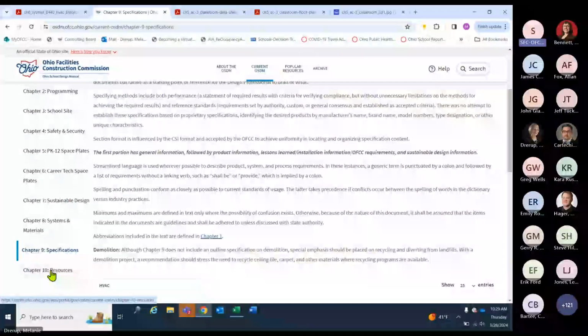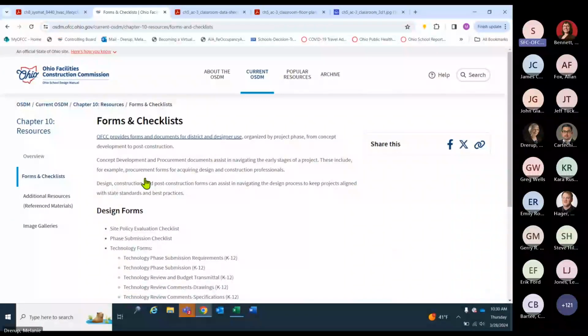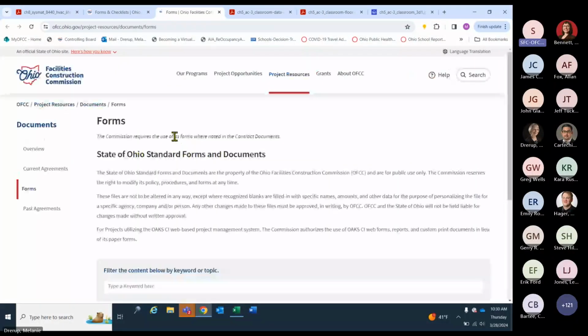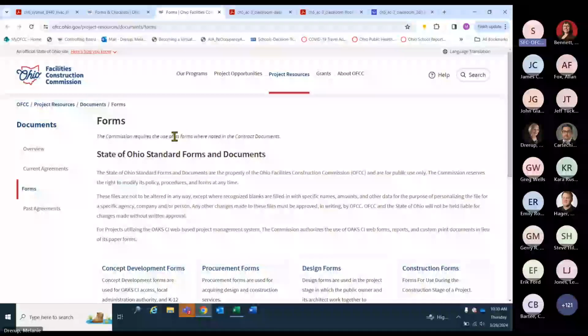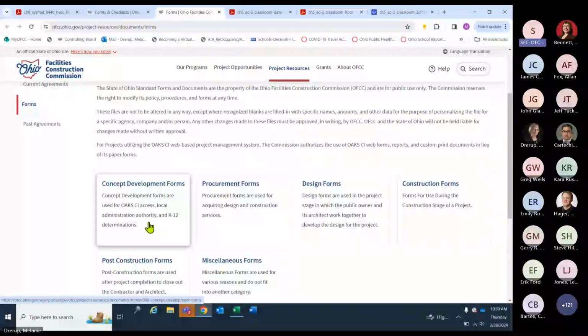From here, we're going on to Chapter 10, our final chapter, Resources. To best support those utilizing OSDM for planning and design, a collection of resources can be readily accessed here in Chapter 10. These resources include State of Ohio standard forms and documents that support workflow processes.